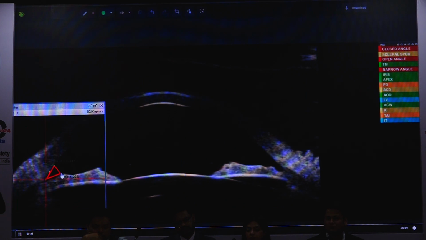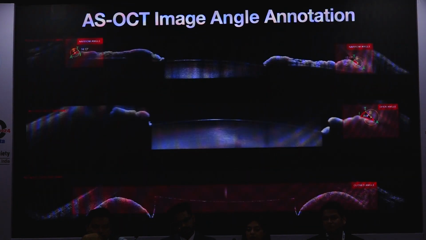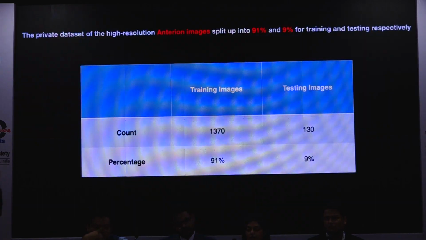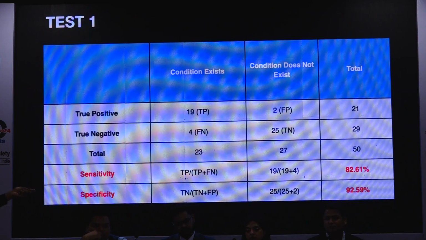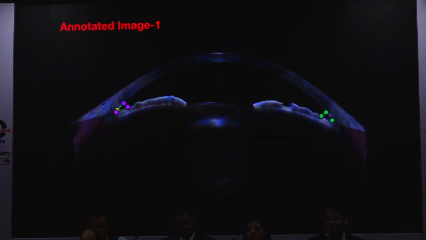You can see that this is a novel protractor that we have recently innovated for the UBM, the Anterion, the ASOCT, the Scheimpflug, and we are evaluating it again. You also always need to have explainability with good sensitivity and specificity. Even if it is for something on social media, you need to know what the AI sensitivity is, what the AI specificity is, and how it can actually cause trouble.